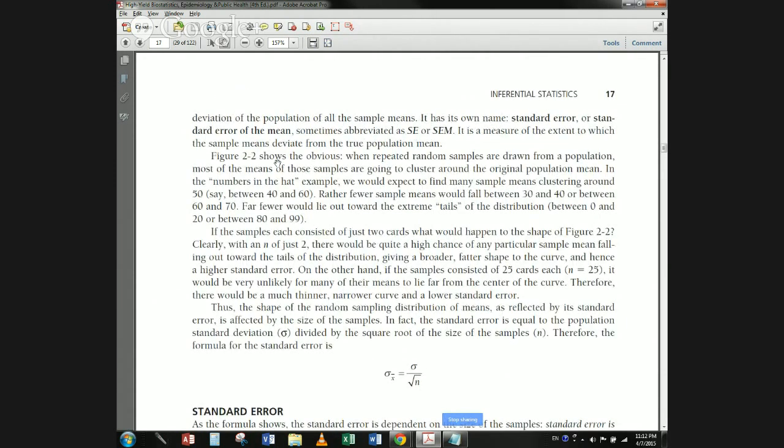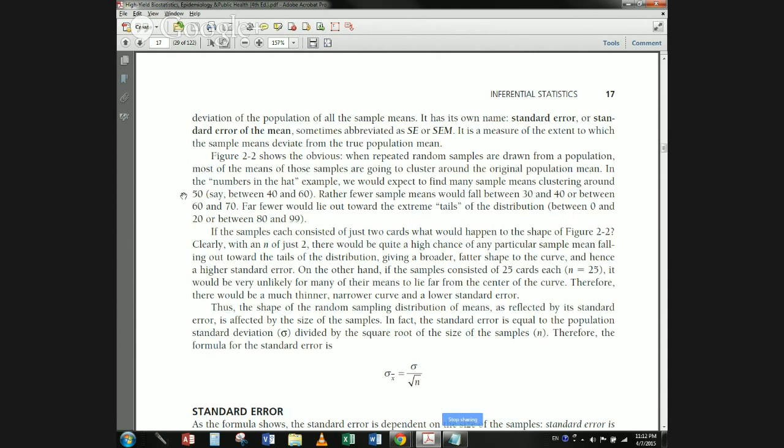Figure 2.2 shows the obvious. When repeated random samples are drawn from a population, most of the means of those samples are going to cluster around the original population mean. In the numbers in the hat example, we would expect to find many sample means clustering around 50, say between 40 and 60. Rather fewer sample means would fall between 30 and 40 or between 60 and 70. Far fewer will lie out towards the extreme tails of the distribution between 0 and 20 or between 80 and